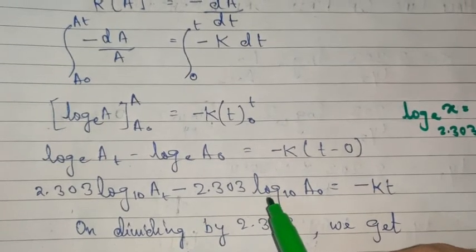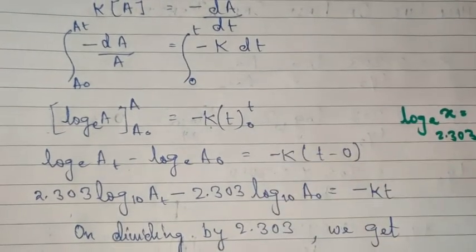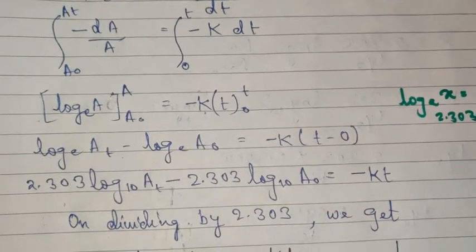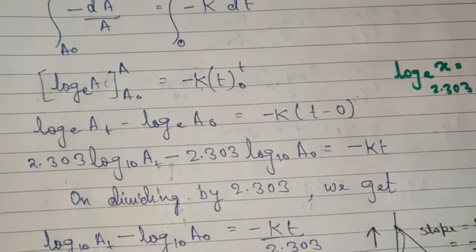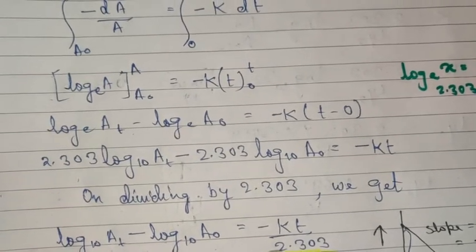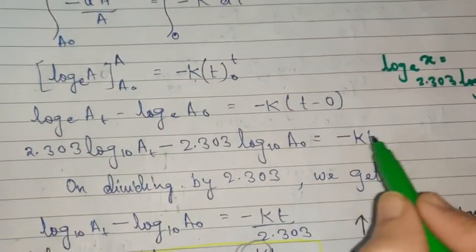Again children, please pause the video and try to write down this much on your own first and then move ahead. When you write down along with the teacher, it becomes easy for you, and it helps you in better understanding also. So now to simplify this equation, what do we do?